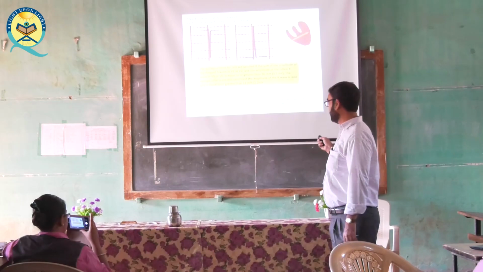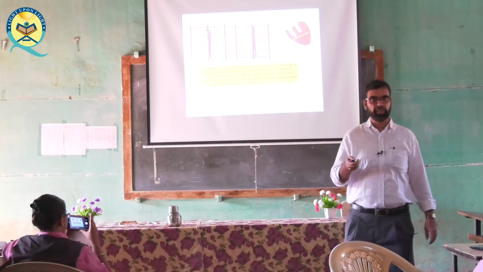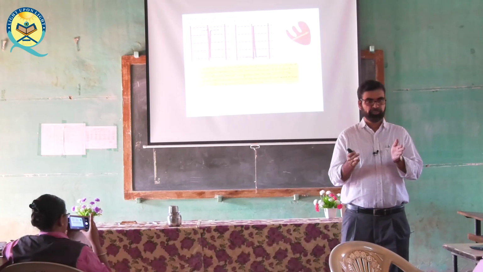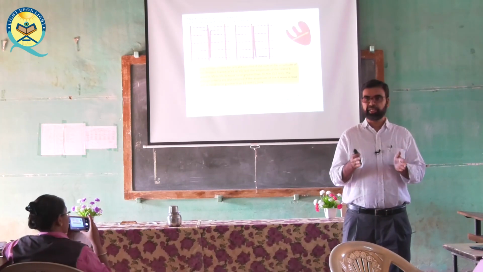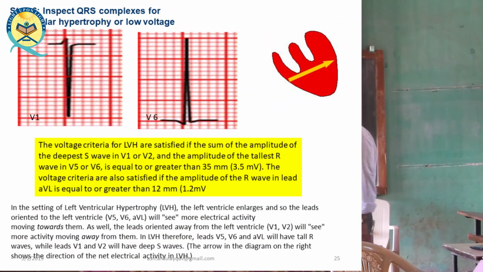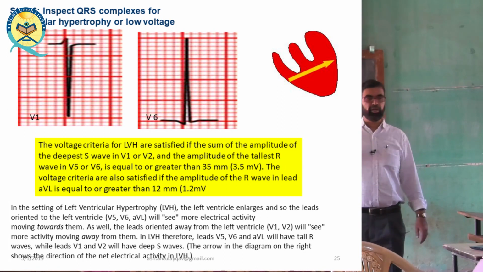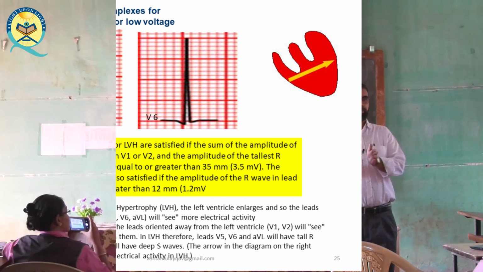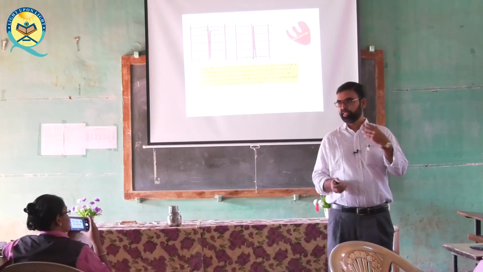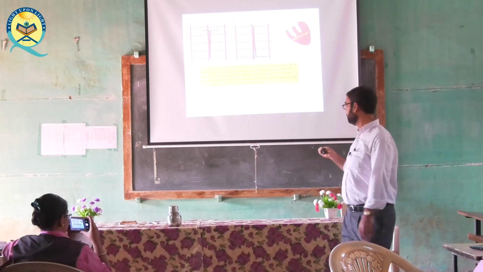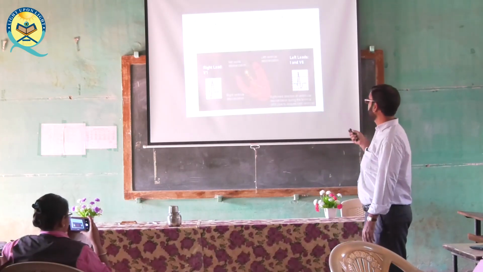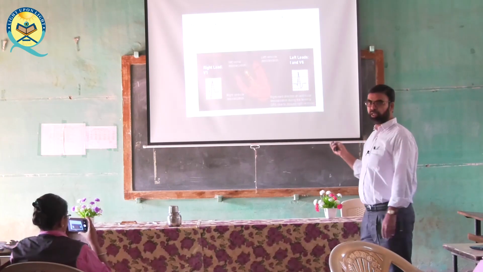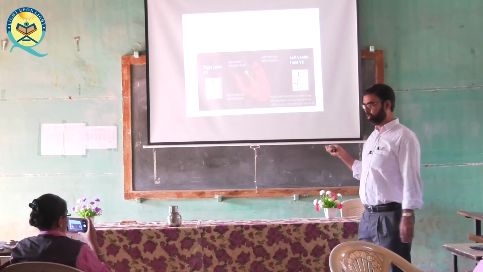So next is the QRS complex. Normal QRS duration I told already. Normal QRS duration should be equal to or less than 0.12 second. It should be measured from the beginning of the Q wave to the end of the S wave. If it is wide, it indicates bundle branch block. If it is short, it indicates WPW syndrome. We'll see in abnormality. So this is what is given for bundle branch block. Now we are here to deal with only normal, so we will not discuss this today.